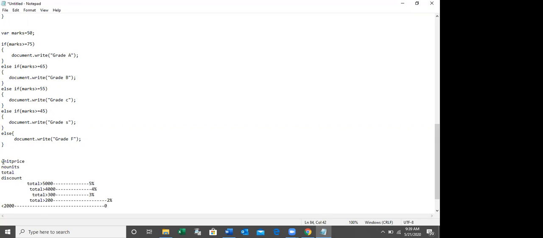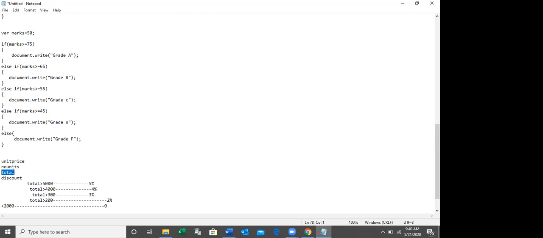You have to find the value for the unit price. Unit price means price of the product, right? Then number of units, how many units you are going to purchase. Then you can calculate the total. How can you calculate the total? Unit price into number of units. Based on this total, you have to calculate the discount, right?